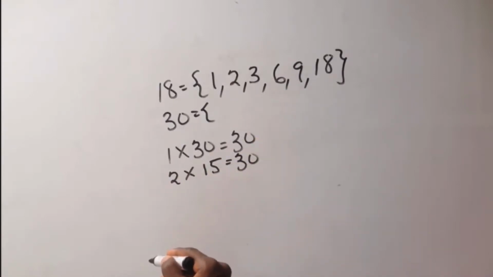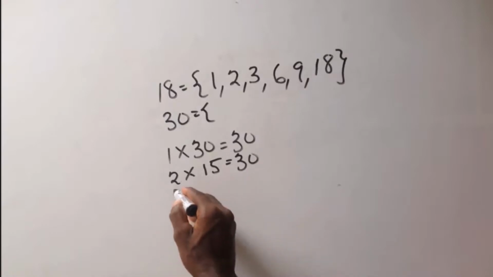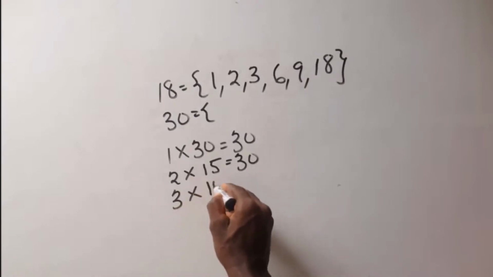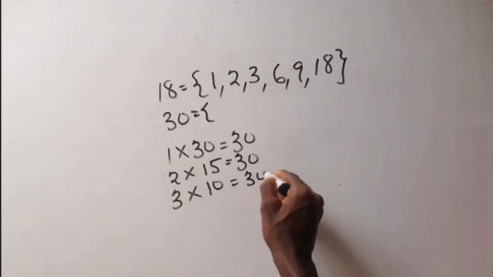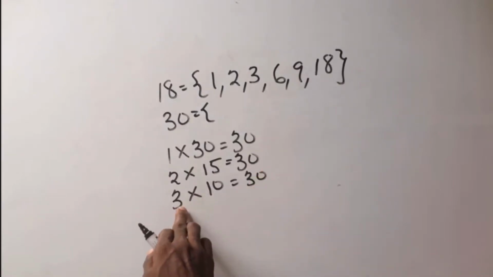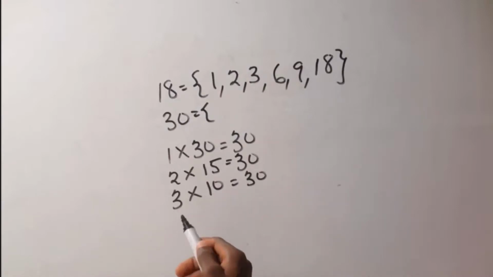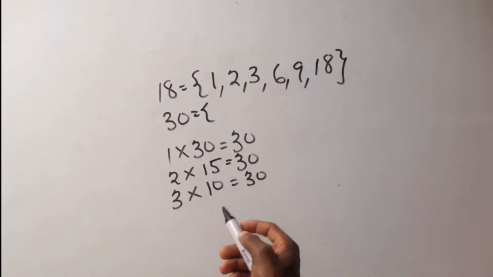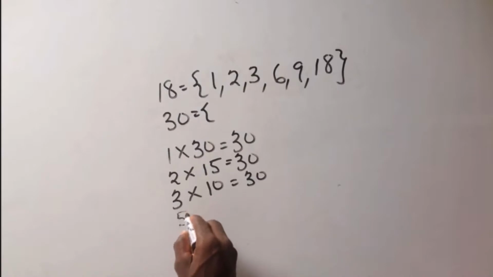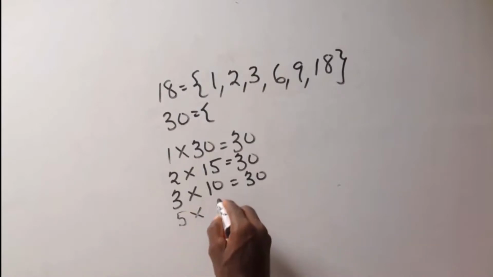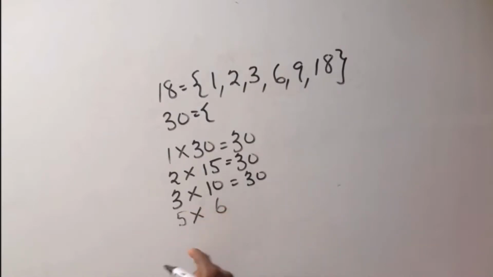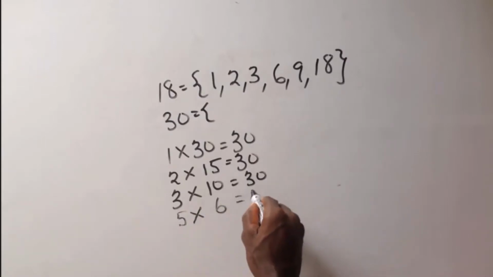And 3 times 10 also equals 30. So we have numbers between 3 and 10, from 4 to 9. And 4 is not a factor of 30, but 5 is a factor of 30. And 5 times 6. And from 5 and 6 there is no number between the two numbers, so we end right there,